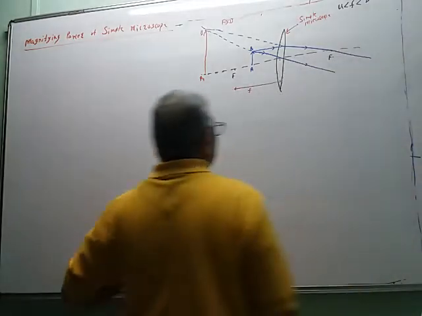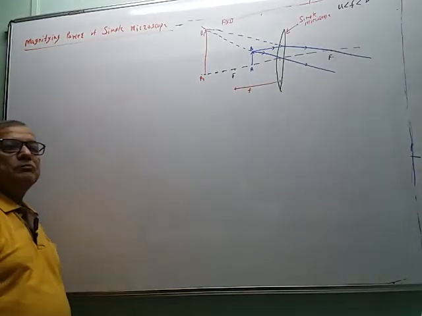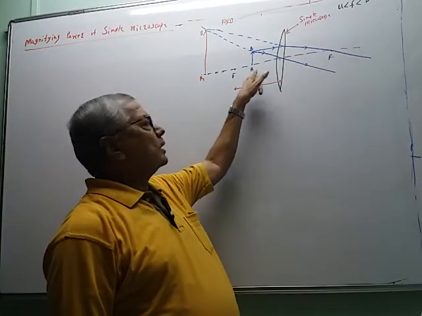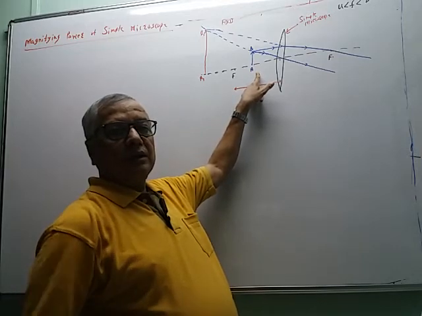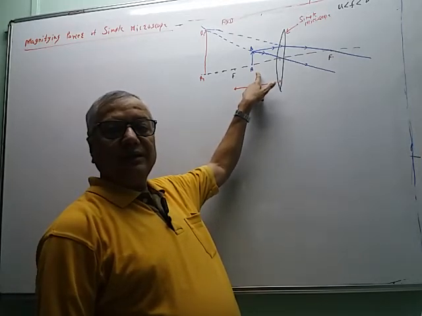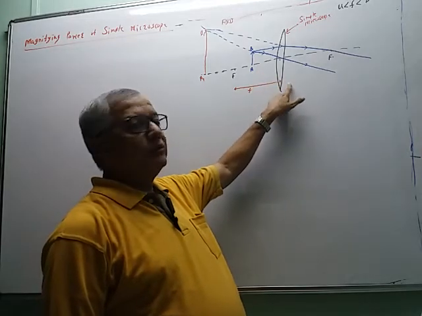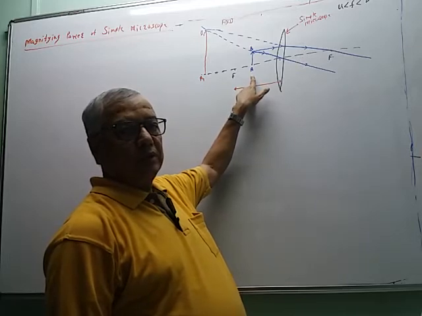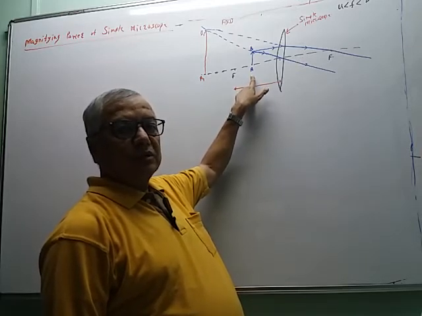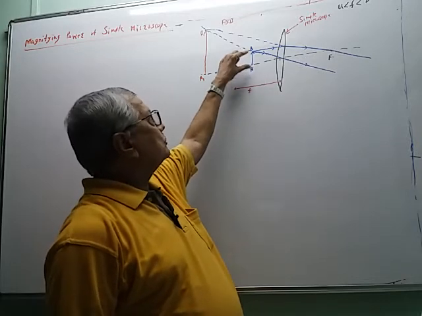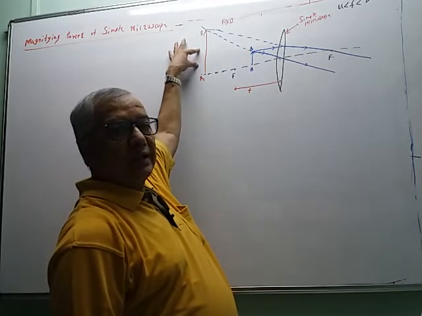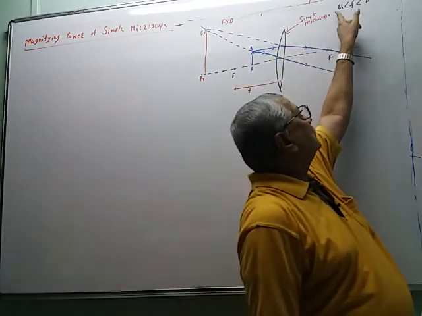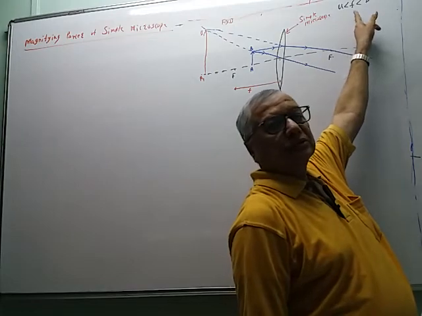So now we have to derive the expression for the magnifying power. This is the same figure that we have drawn. AB is a very, very small object that cannot be seen clearly with the naked eye, therefore we are using the convex lens. This object is the letters on the medicine bottle, letters on the strips of the tablet. So we have to produce a magnified, erect image on the same side of the object, and therefore this is the condition. The object must be kept within the focus like this.